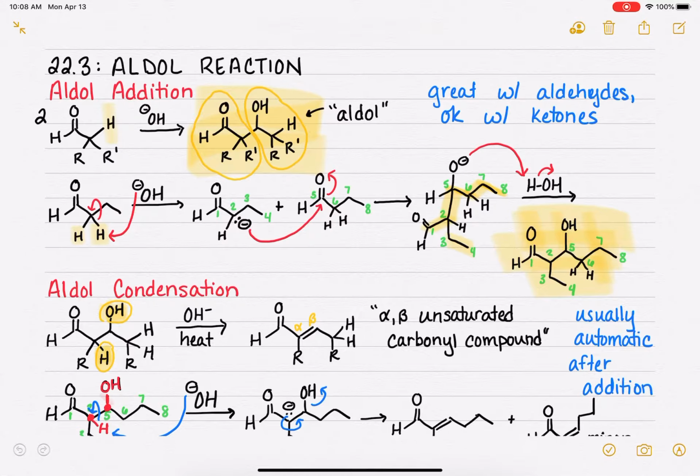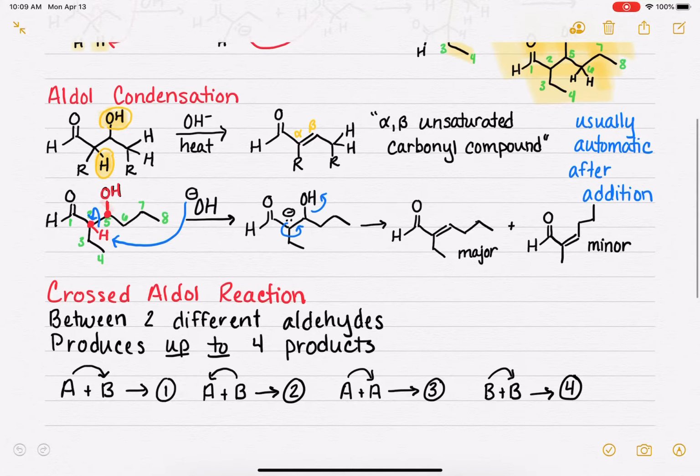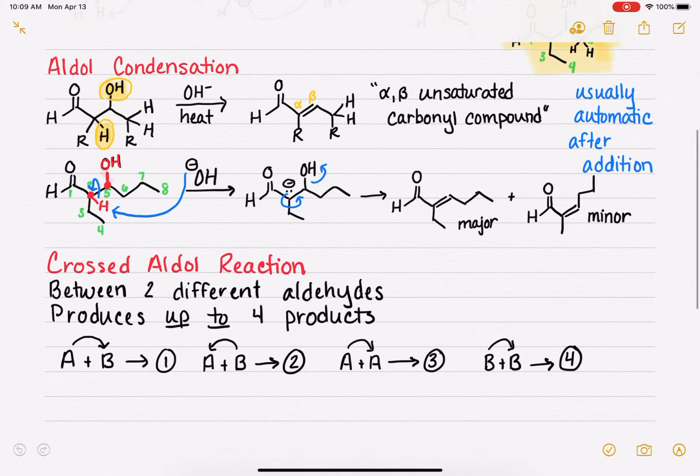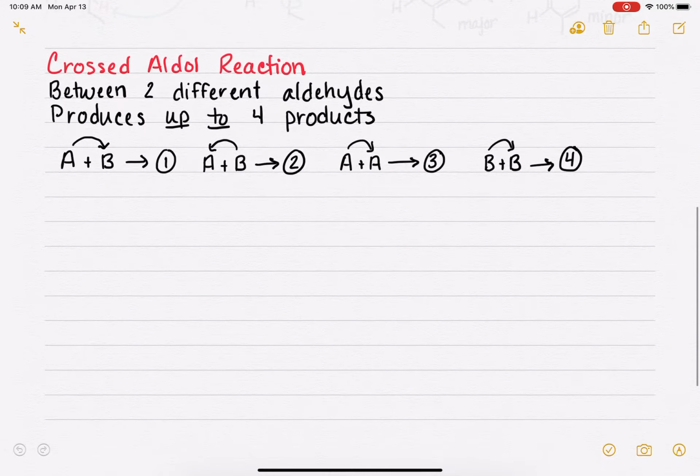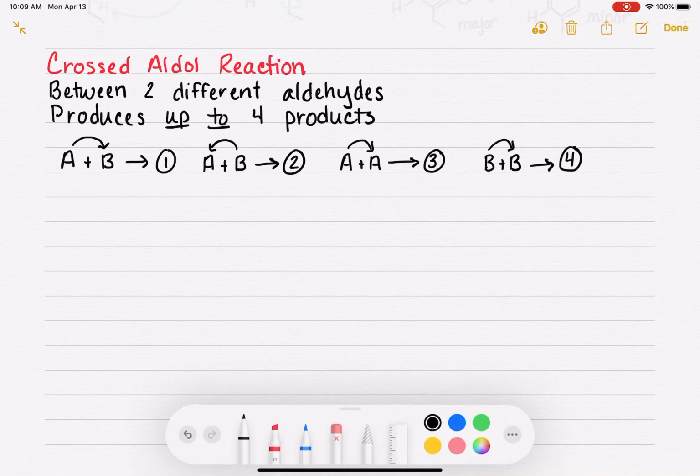We're still working on section 22.3, the Aldol reactions. In yesterday's material, we looked at the Aldol addition, we looked at Aldol condensation, and we also looked at the crossed Aldol reaction. And we were working on the worksheet showing how the crossed Aldol reaction can produce up to 4 different products, not including stereoisomers, which, as you can imagine, is a bit of a nightmare in terms